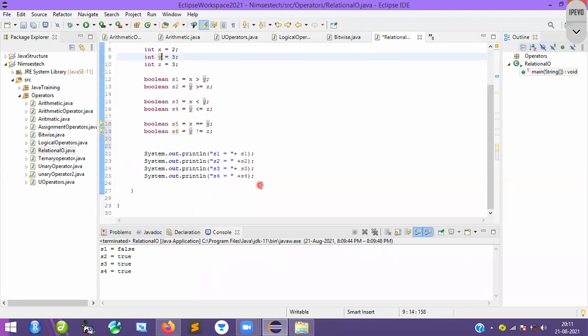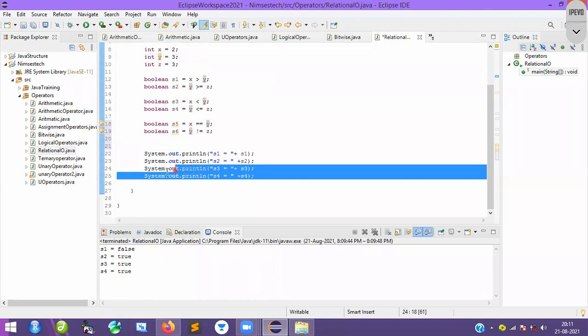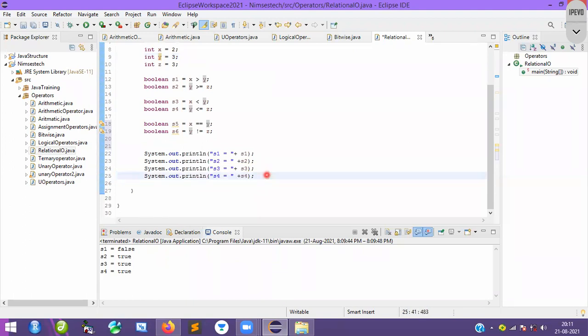Okay, so let me print those things also so that you get verified. So here I will mention S5, again here S6, that is S5, again here S6. That's it.